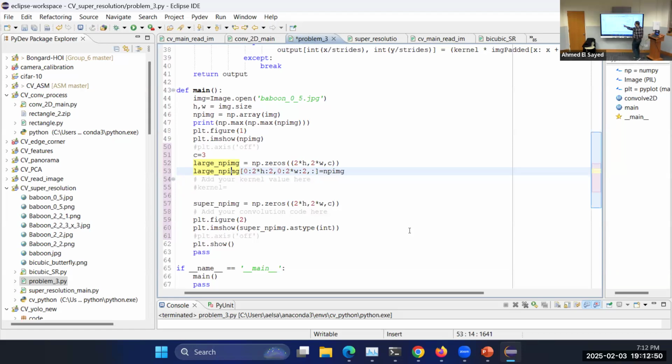You can do this in one line exactly like I'm doing. So start from 0 with a step of 2 until you arrive at 2H. So this is the starting point, this is the ending point, and this is the step of 2. Same thing here. Then